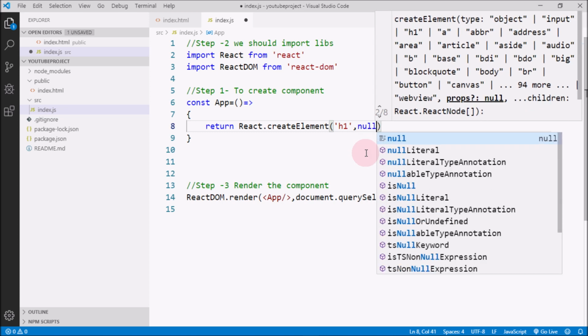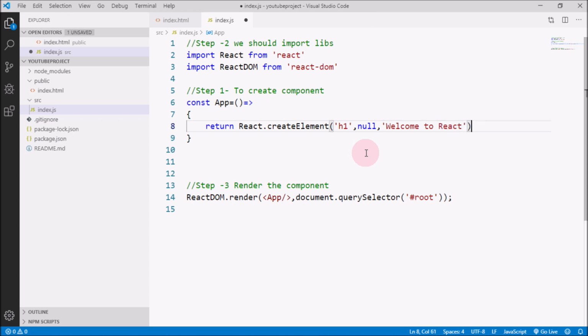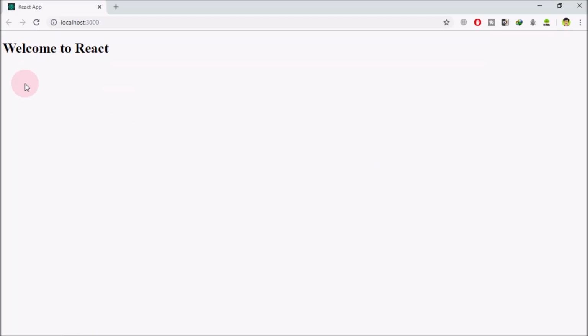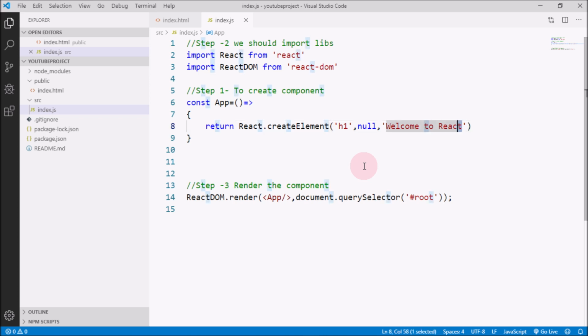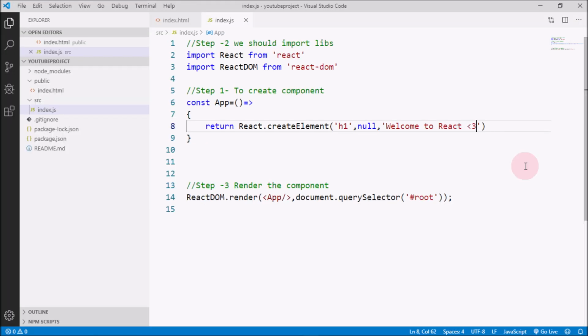So right now I'm going to put the null, and next is the content that you want to put inside the h1. So I will be using the welcome to React. Okay, just save it, and you can see that this has appeared over here. If I change this, let me put heart over here and save, you would see that that heart has appeared over here. Okay, so in this way you can create the HTML element by using the create element